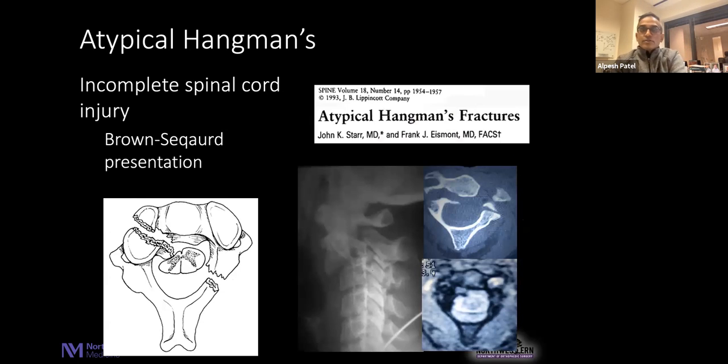One thing that likes to show itself on the OITE, on the boards, is a Hangman's variant. And this is what I was hinting at earlier. More common than you think, actually, to get these varying patterns where it's not just a clean cut through the pars on both sides, but a little bit oblique, a little bit atypical. This really bad atypical pattern can cause a cord injury. And the reason that people like to ask about it is that it lets you ask for a specific cord syndrome,